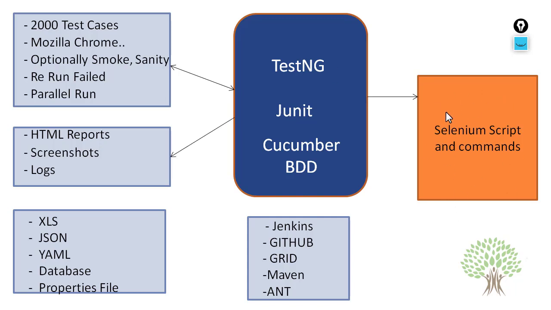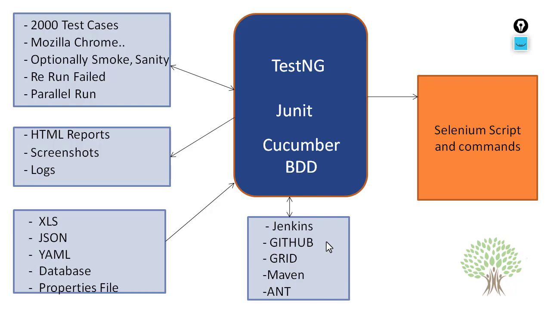Moreover, it will help you generate some HTML reports as well when the scripts are running, and it will read the data. This is important. It will read the data from some external source. This can be any kind of file, and it will pass the data over to the scripts. When the scripts are running, they can get the data from an external file with the help of this centralized framework like TestNG or JUnit or Cucumber. Fine. And moreover, it helps you to integrate with Jenkins, GitHub, Maven, Ant, which we are going to see in some time. Right. So this is the overall structure.